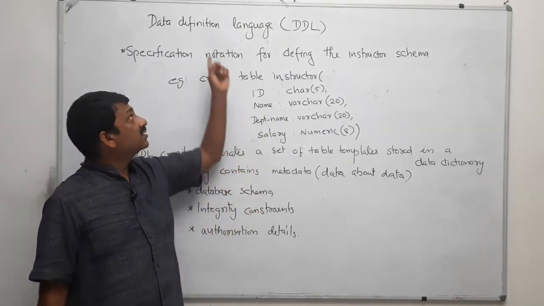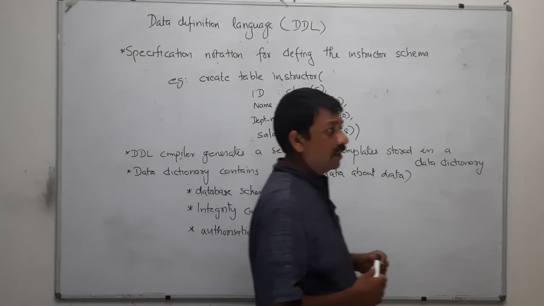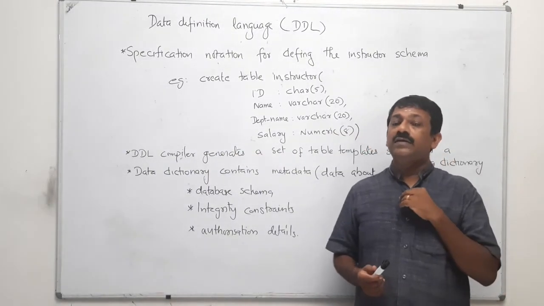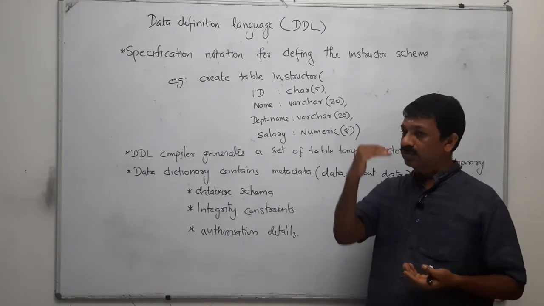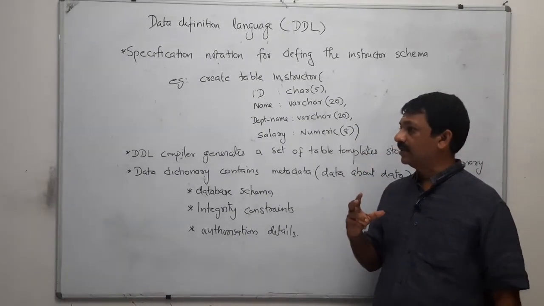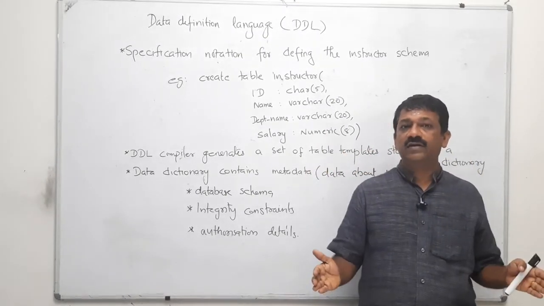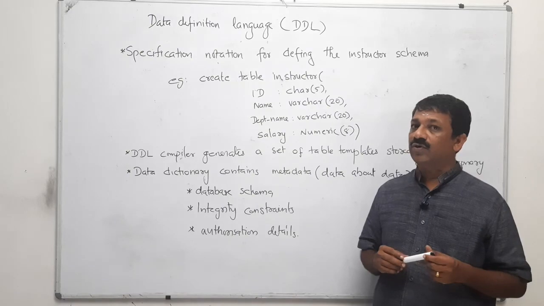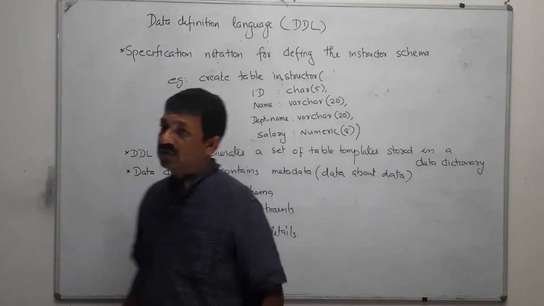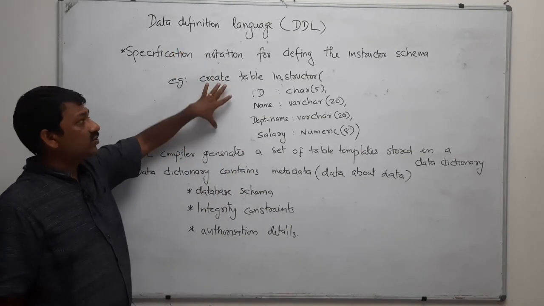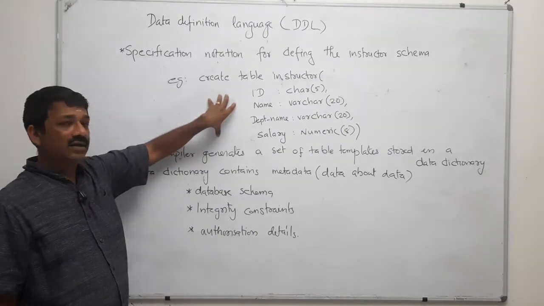Today we are going to discuss data definition language. Data definition language means, in our earlier discussion on the three-layer architecture, you define a logical structure or logical schema, and in that logical schema you have to define the structure of the tables you want to have. So here this is the actual implementation of that. Using a data definition language, you have to create tables in the database.